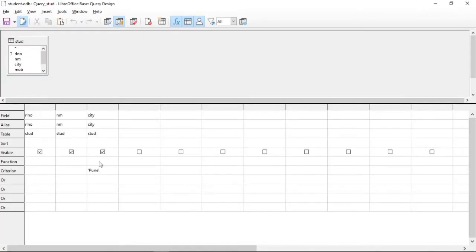So edit, and here for city we will specify Mumbai. Now all records from Mumbai city will get displayed.